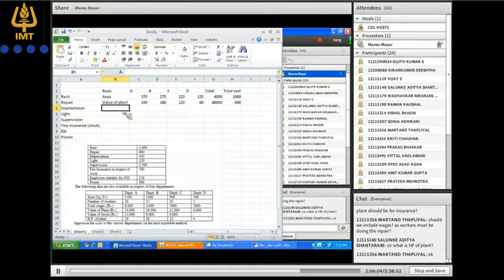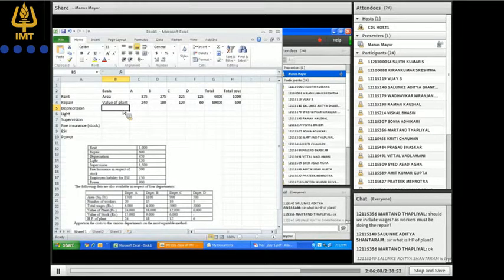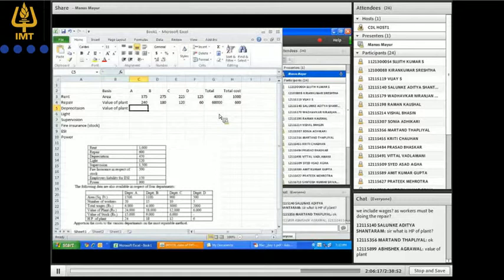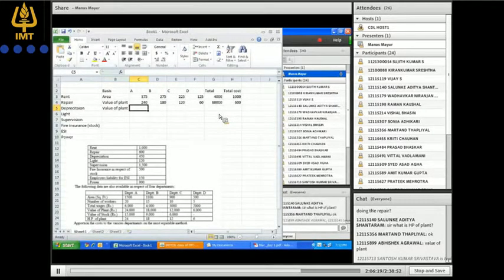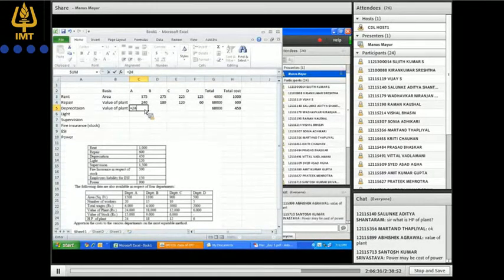Now depreciation, on what basis? So again it should be on the basis of value of plant, because it is the value of plant which is going to be distributed. Okay, so the total depreciation is 450, so this 450 needs to be distributed. So you can again calculate in the same manner. 24,000 divided by the total value multiplied by the depreciation cost.